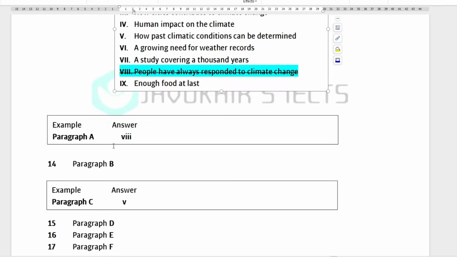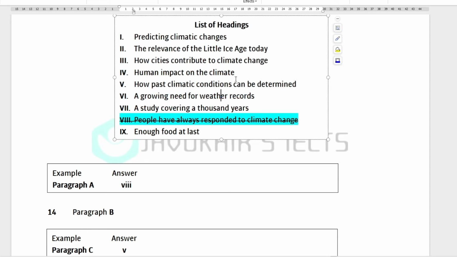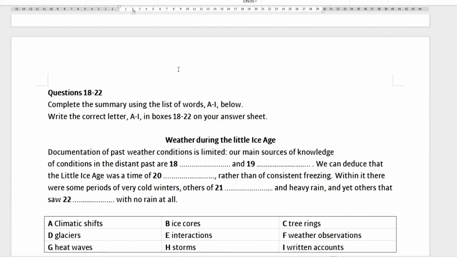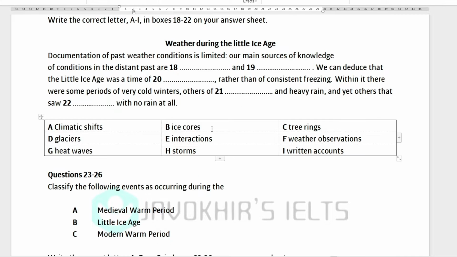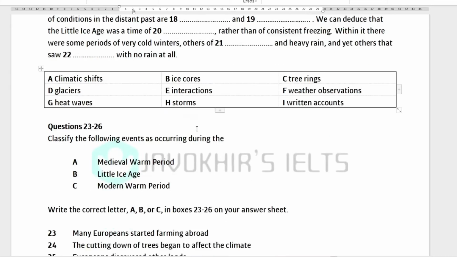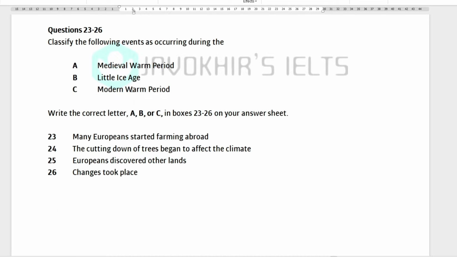We're going to remove it and do it as such, followed by summary completion, where we have to choose a suitable word, and then we have some sort of classification, where we have to find